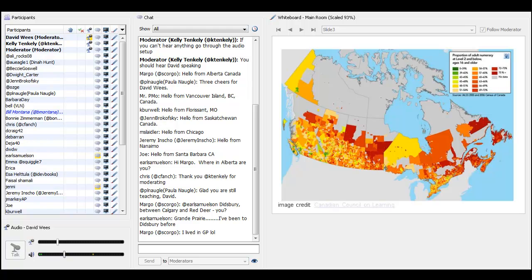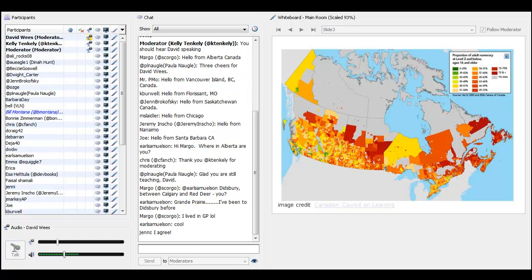So I'll show you an example of that. This slide is taken from the Canadian Council on Learning, and the slide is representing the levels of numeracy for adults, basically, over the age of 16. The parts that are green are the parts where basically at least 60% of the population is considered functionally numerate. And the parts that are anything other than green, yellow, orange, red means that there is at least 40% of the population or above which is not numerate.